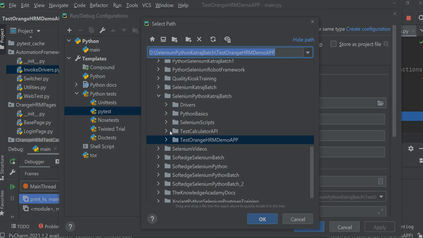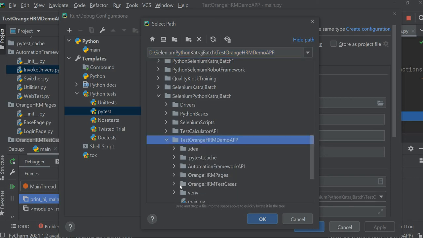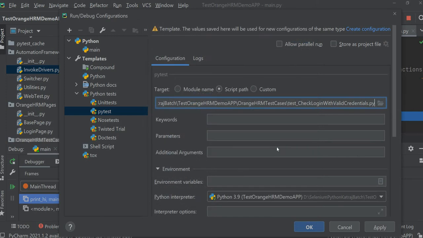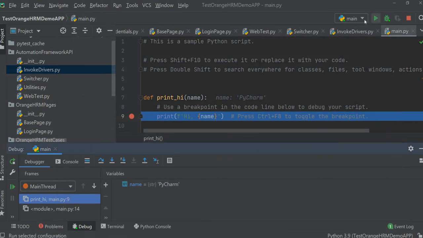This is right here, orange HRM test cases, and this is our test case file. So I have created a configuration. Now we can debug.